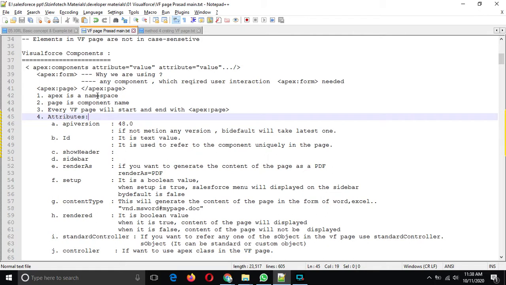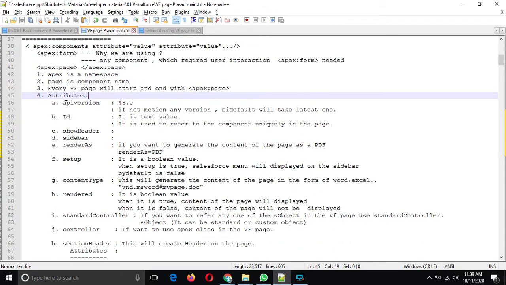This is the namespace. And the page is the component name. This is the basic thing you have to understand.